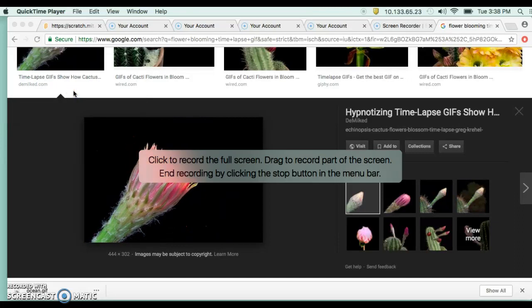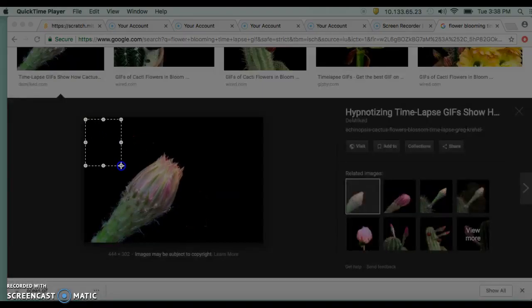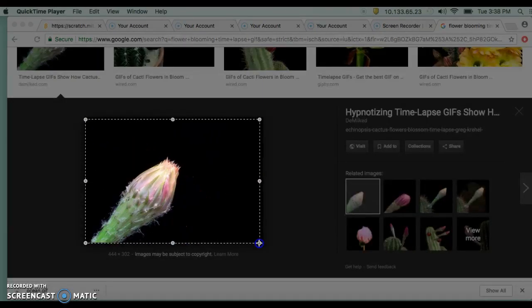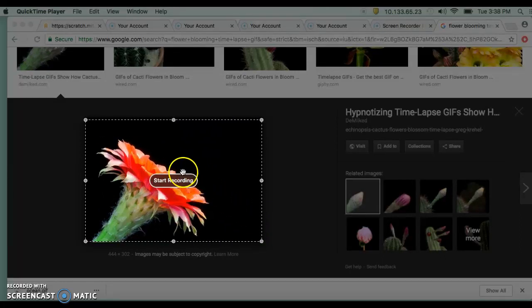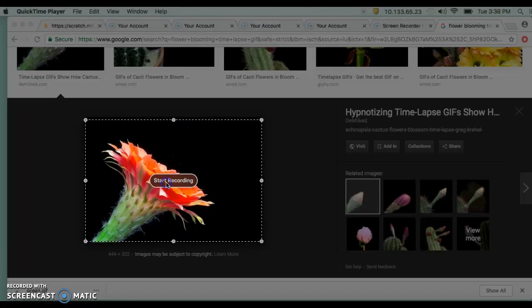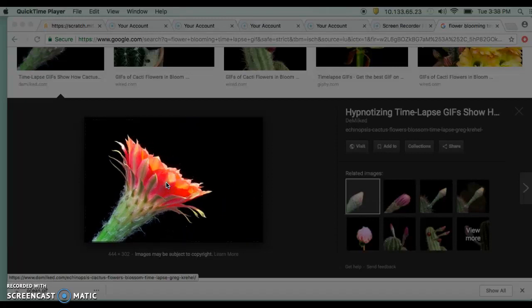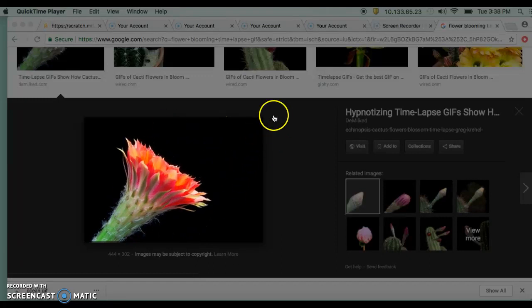And when we click it, it says click to record the full screen or drag to record part of the screen. So I only want to record the actual GIF. So I'm going to drag and drop. And now, since that area is selected, we can click Start Recording. Okay, so now it is recording, and we only need a very brief recording